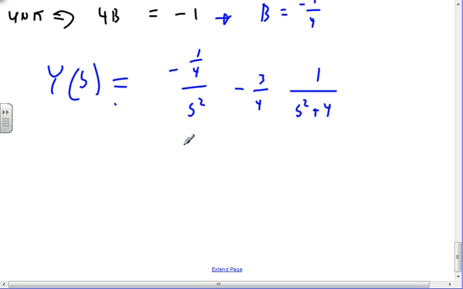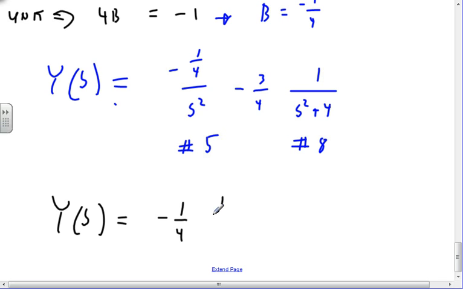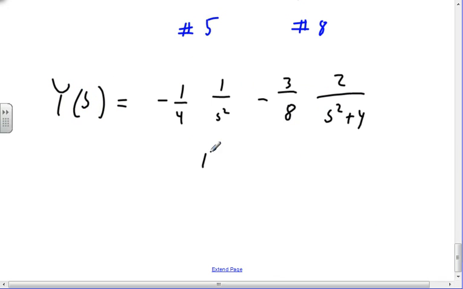Okay, I recognize this as number 5 again, and I recognize this guy as somebody that could be number 8 if I do it right. So I'm going to manipulate my numbers around just a little bit: minus 1/4 1 over s squared minus 3 over 8 2 over s squared plus 4. Now I'm going to apply number 5 and number 8 to my Laplace transform table, not the one in the